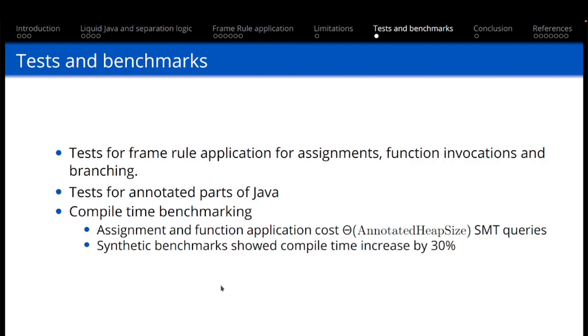So we performed some testing benchmarks. We measured the compile time increase, because Liquid Java is a plugin for the Java compiler, and an increase of 30% does not forbid the interactive value Liquid Java is made for. Then, as there is no formal proof of the algorithm above, we just tested it with a bunch of annotated parts of Java, and we applied this algorithm in 3 instances, with function invocations, as I talked about,